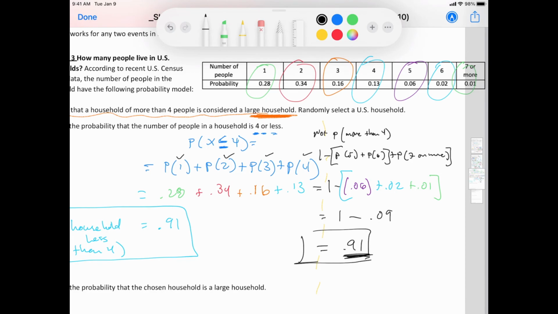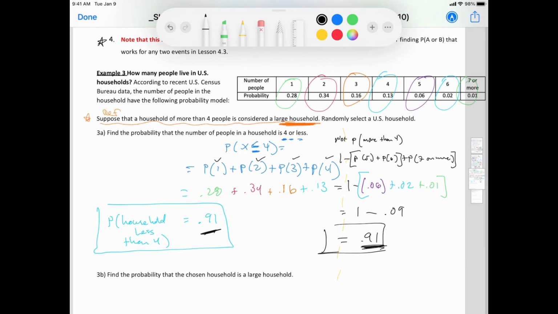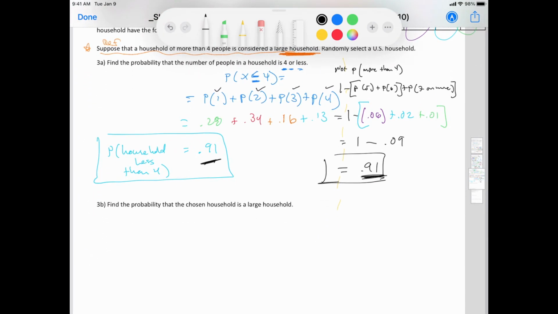So remember, those numbers are pretty much the same, right? Okay. And we also just answered, let's see, find the probability that the chosen household is a large household. So again, I'm going to go back to what was up here, which is 4 or more. So the probability of a large household